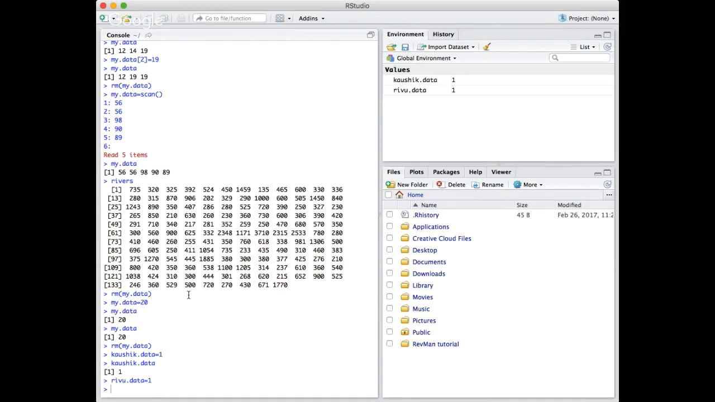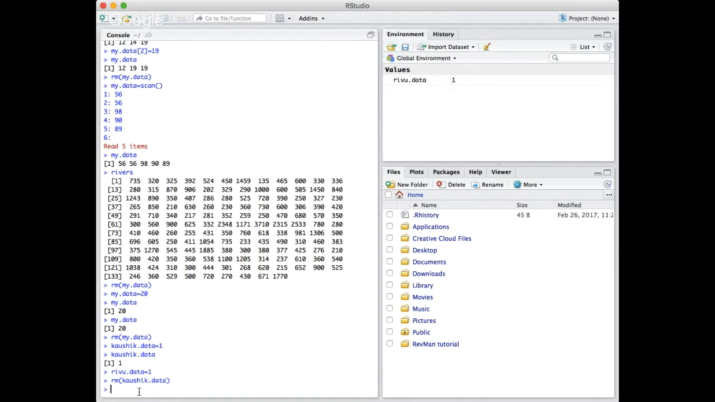So let's remove them. So how to remove? The remove command is rm. So I type rm here, and there should be a bracket. So this is rm, then Kaushik.data, and voila, it's removed. I'm removing the other data also. So it's rm, and then